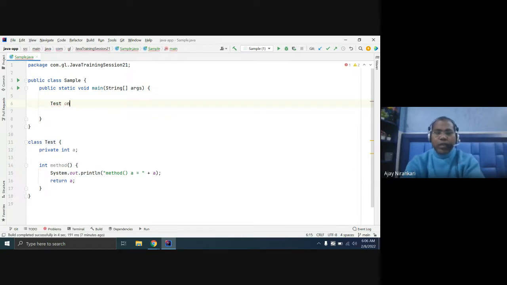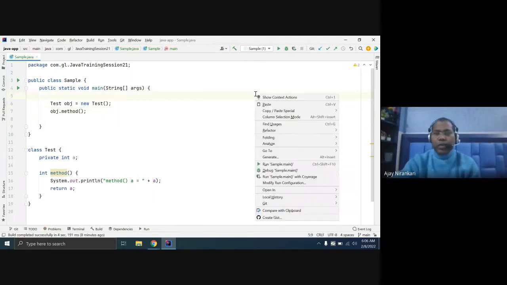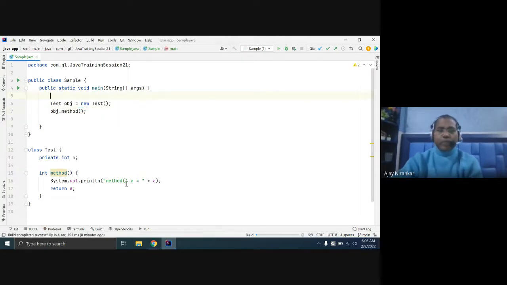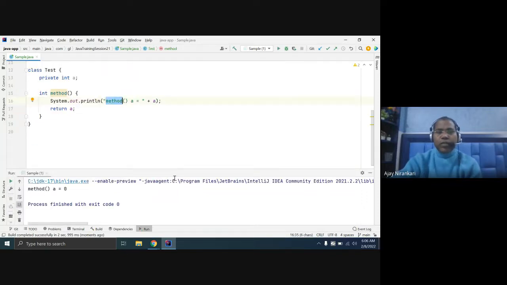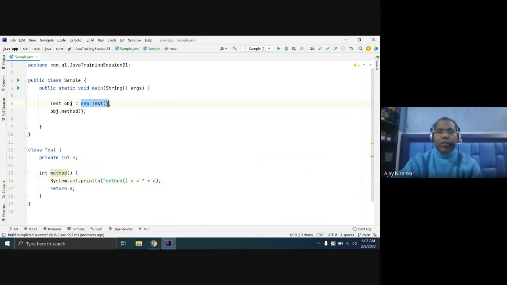So we can create an object of the new class, and after that with this object we can access my method. If you run it, you can access method one. So first thing, for accessing any method, we need to create the object.